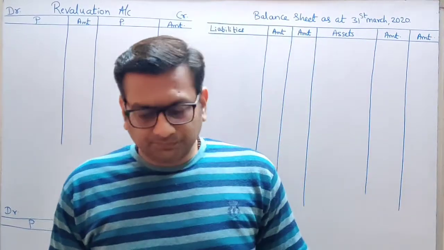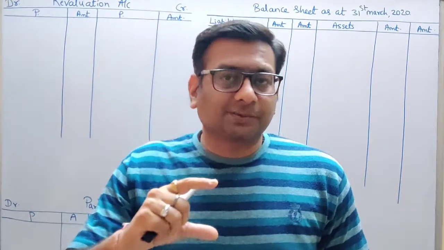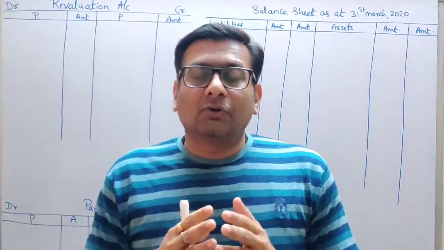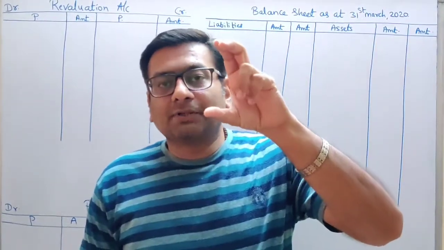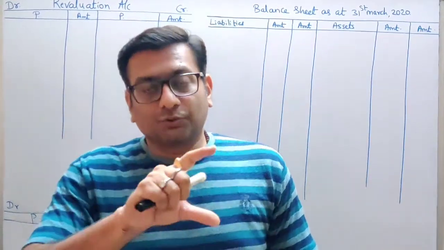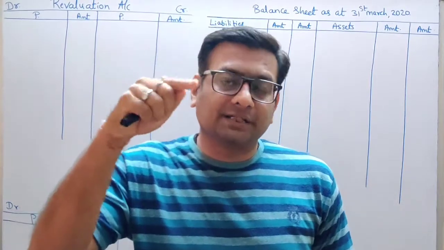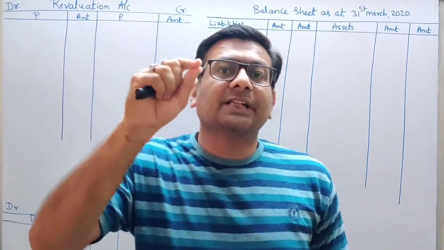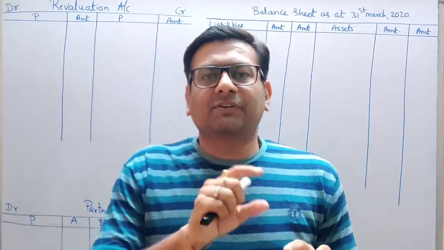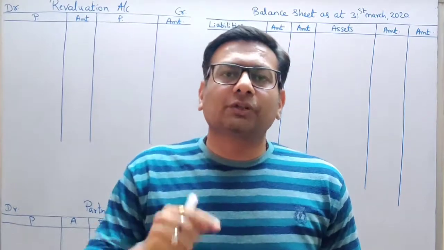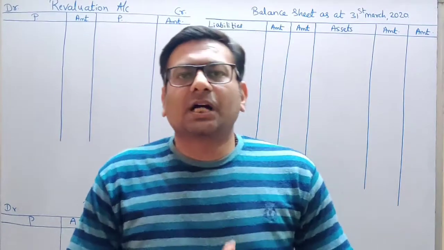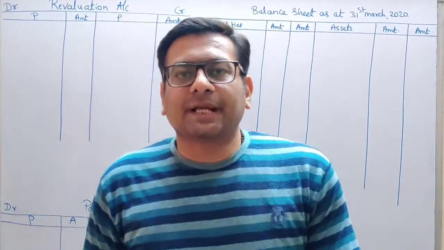Your step 1 is to read the adjustment which is given right below the balance sheet. When you see the question, the balance sheet will be given to you, and below the balance sheet they will give you adjustments. So your step 1 is to read the adjustment and put a tick on the items wherever an adjustment is given. For example, if in the adjustment they say furniture is to be depreciated, you will put a tick inside the balance sheet on this item, furniture. This is how you complete your step 1.